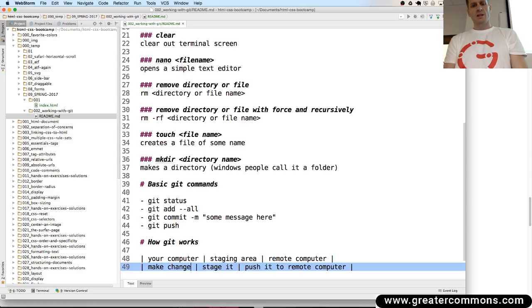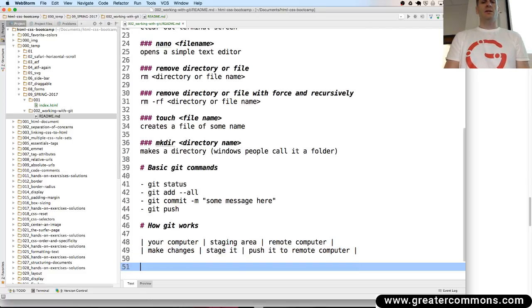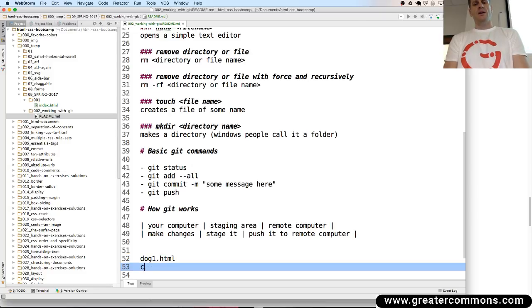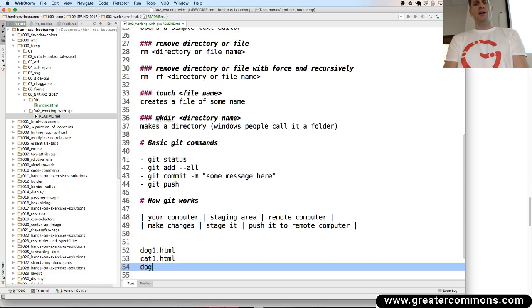You make changes on your computer and then you stage them to a staging area. And that's what git add does. And then you commit it and then you push it. And so the staging area, if I had changes, if I changed dog1.html, cat1.html, dog2.html,